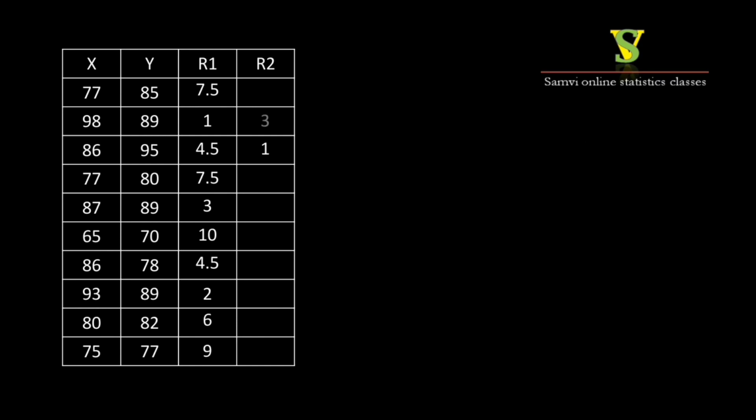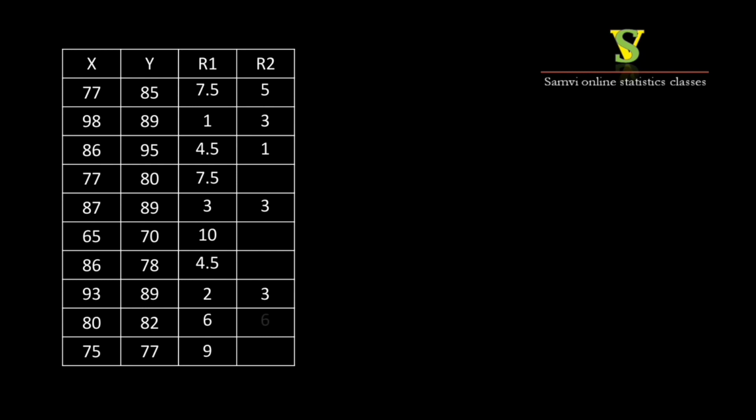So now we have to allot the average rank. So in front of 89, I am writing here 3, 3 and 3 like this. So now you have to move to the next highest value. So here next highest is 85. We already used second, third and fourth rank for calculation of the average. So you have to move for fifth rank, which you have to write in front of 85.